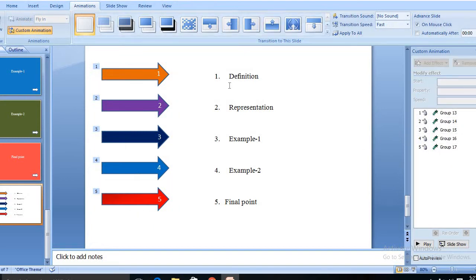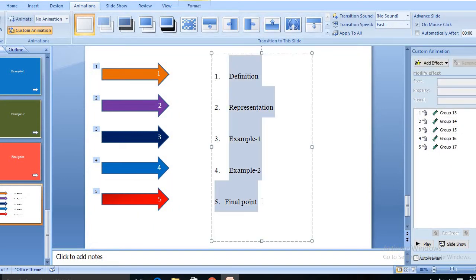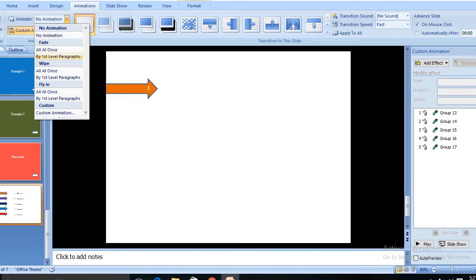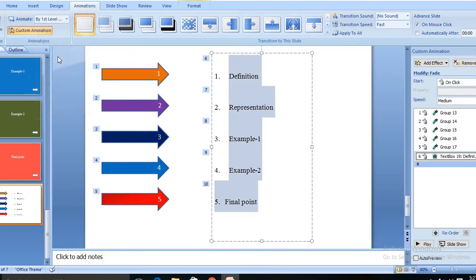Then select these text, then go to animations, give a simple fade to first level paragraph. Then come to the animation pane, this is custom animation, then you can write here with the previous, then you expand these.